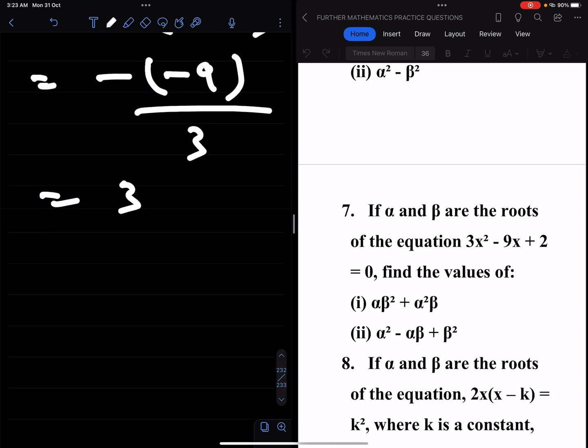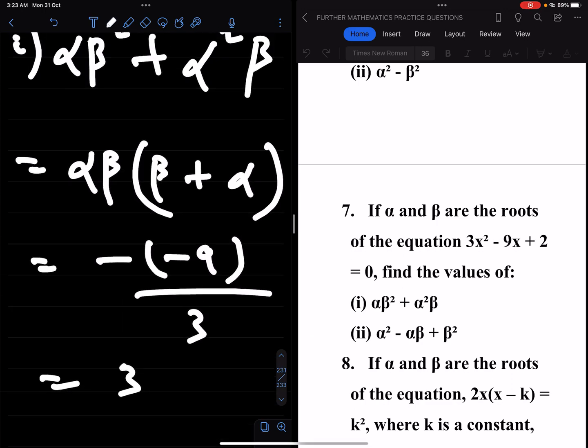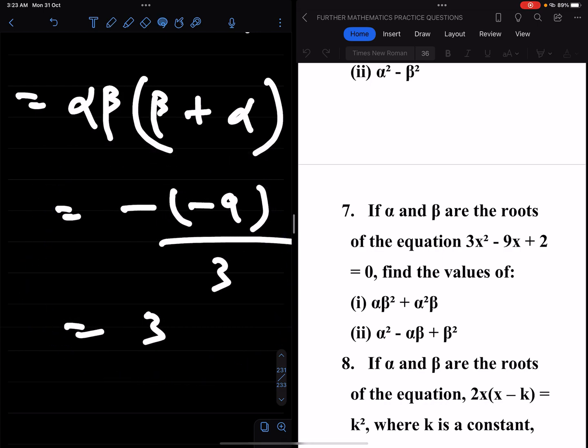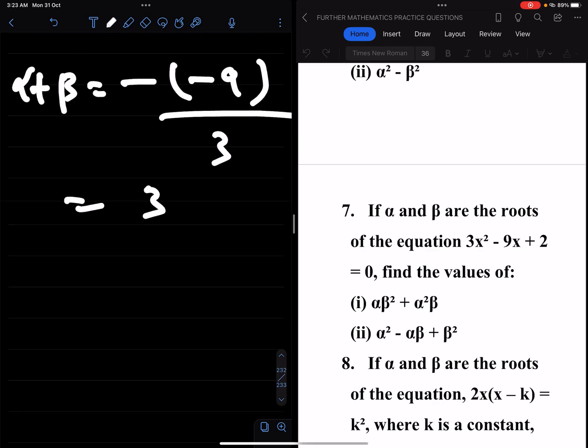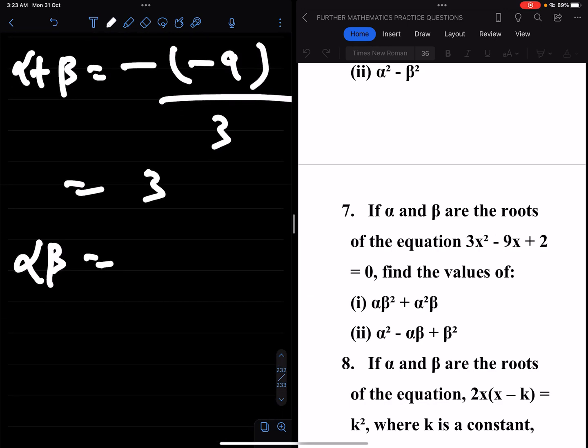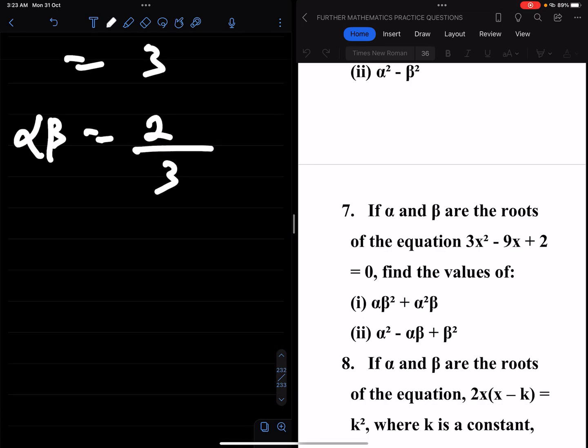While alpha beta, of course, this is alpha plus beta. Alpha plus beta is minus b over a. So that's minus minus 9 over 3, and that's 3. And alpha beta is c over a, which is 2 over 3. Now that simply means alpha beta squared